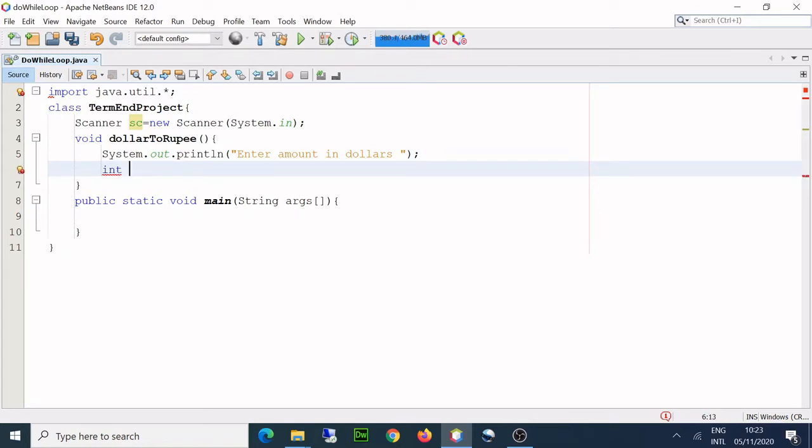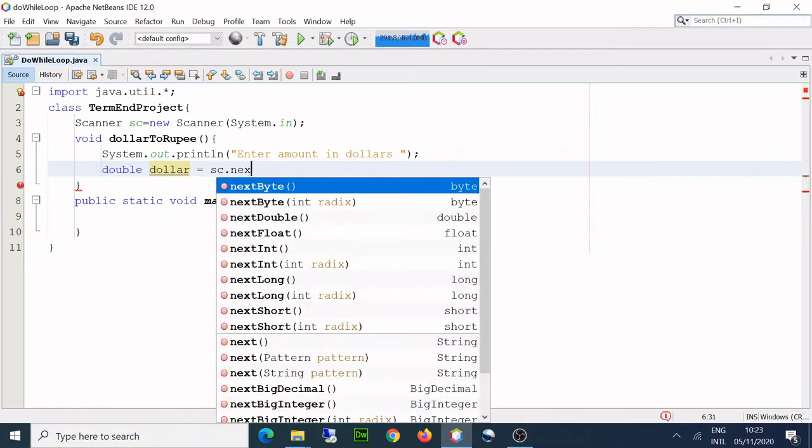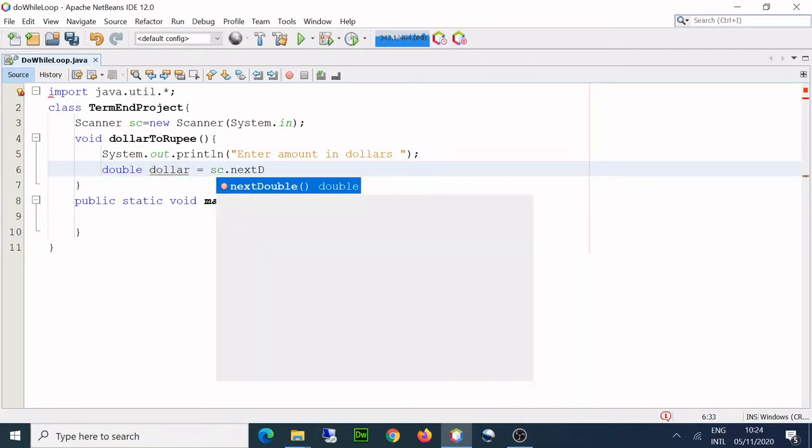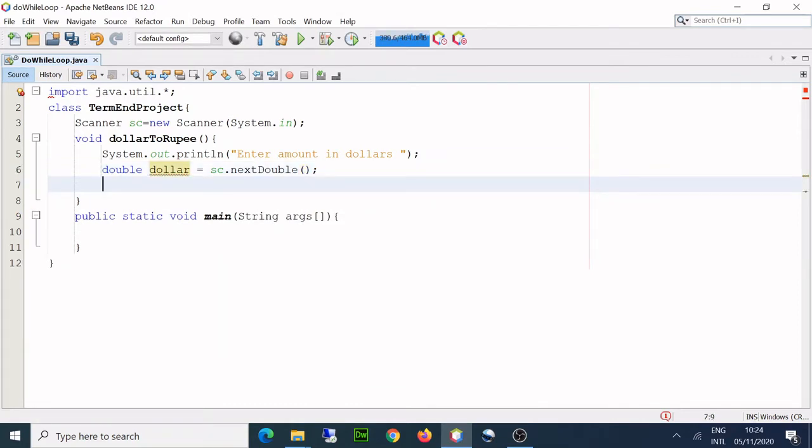This is a local variable, so I'll take dollar, and should I use double? I should use double, and I'll say dollar is equal to sc dot next double. Okay, so that's done, and now I'll convert.